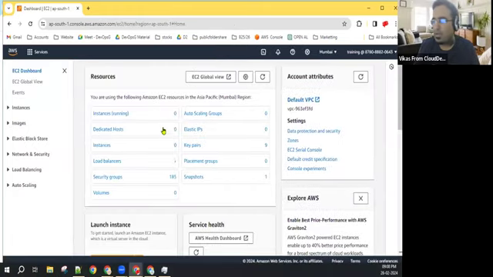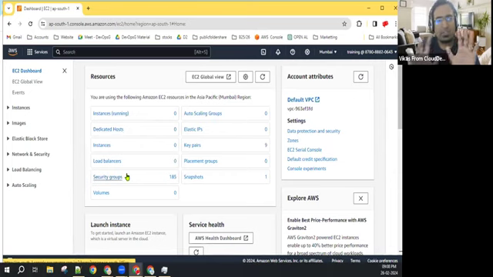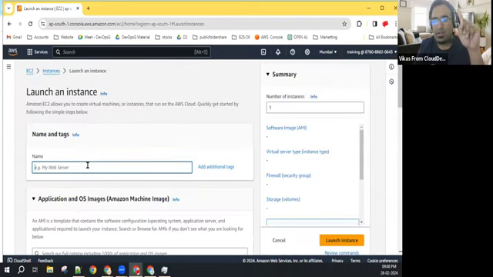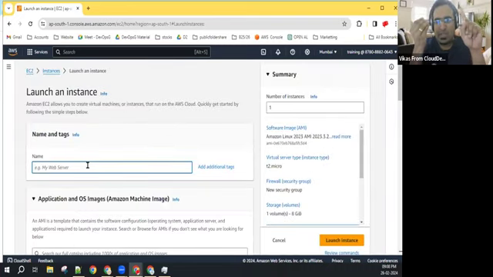At this point, no machine or server is running in this environment. Let's create an EC2 machine in a very simplified way. I'm going to the instances page, and with just 5 clicks I will create an EC2 machine in front of you. I'm clicking launch instance. That's the very first click. Now it asks for a name. Please, anyone unmute and tell me your name.